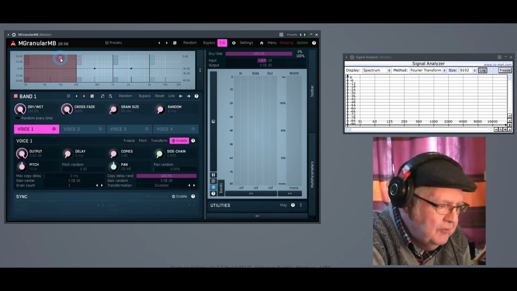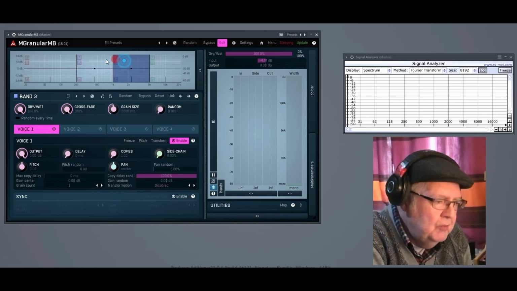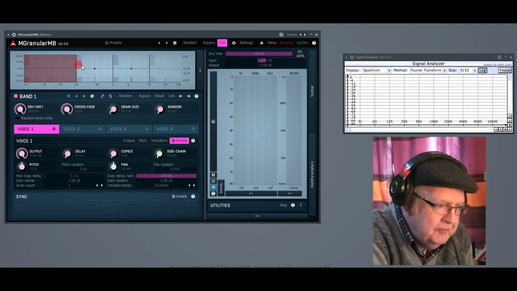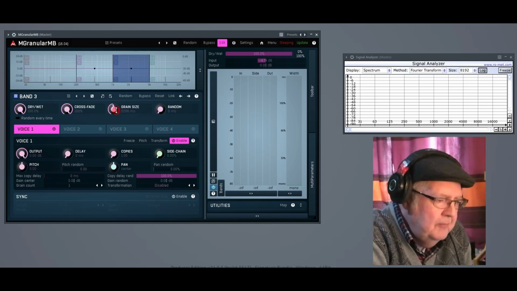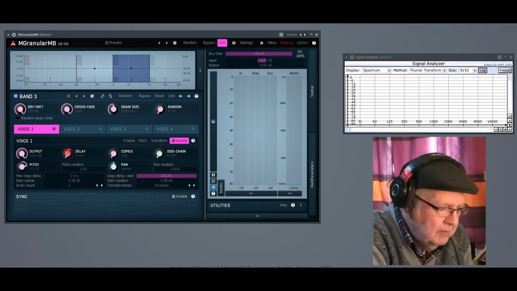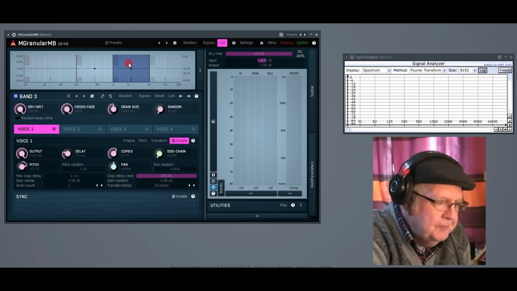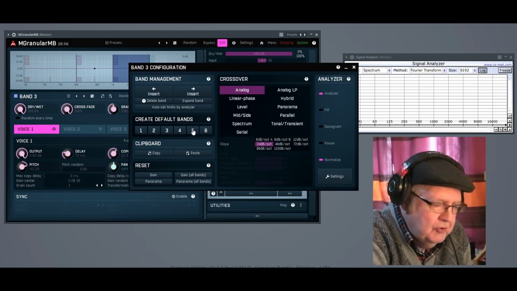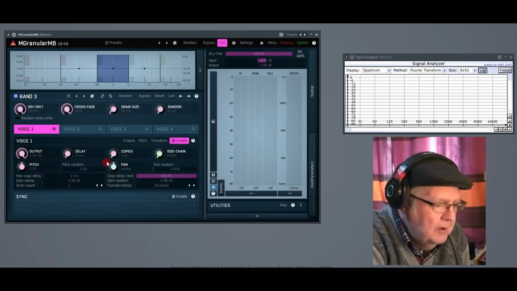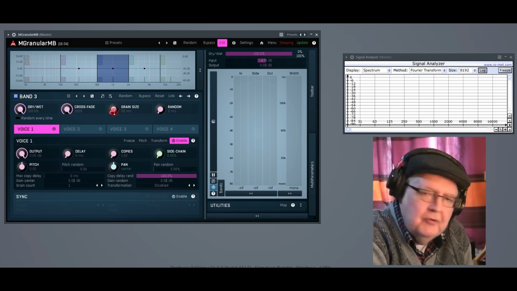You see now we have 4 bands, and I can left click into each one to tweak the parameters of this individual band. Let me say the grain size and the pitch and delay and the copies. It's just random. And now I choose 5 bands, say yes, and bingo, every slider, every knob goes back to